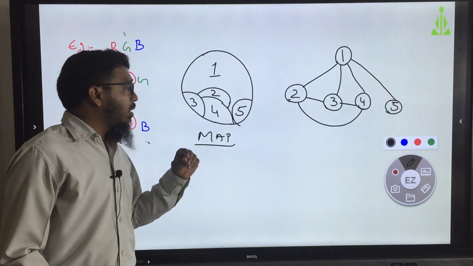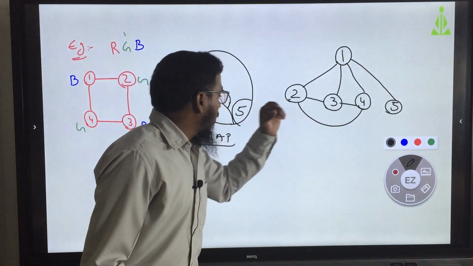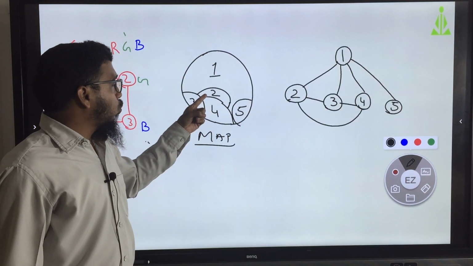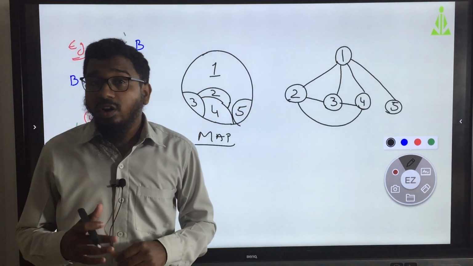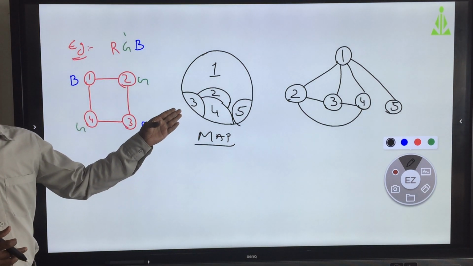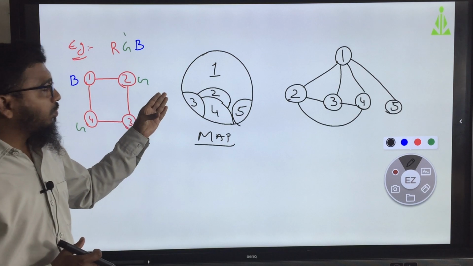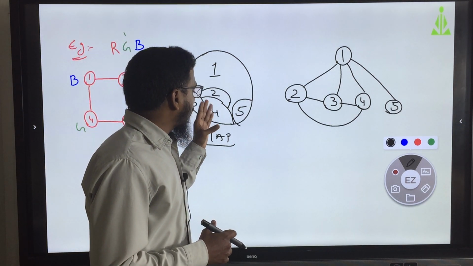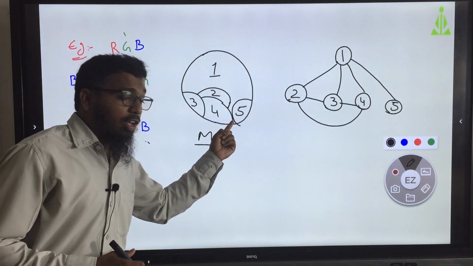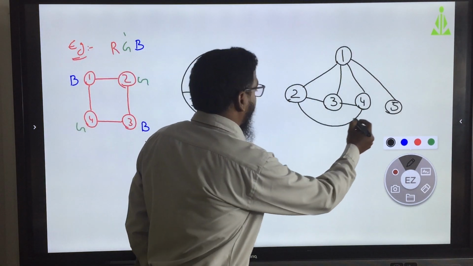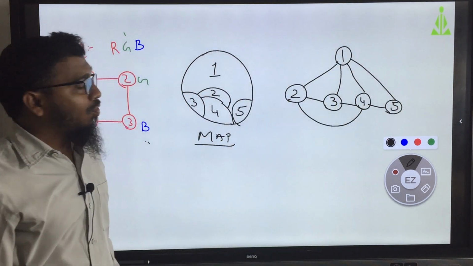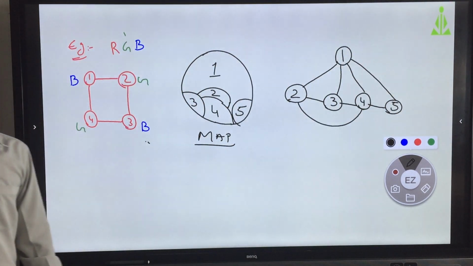Next 4, from 4 what is directly connected? 2 and 3 are already completed. Now, 4 and 5 are connected, can you see here it is connected.